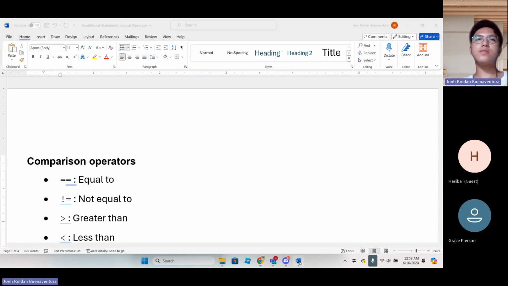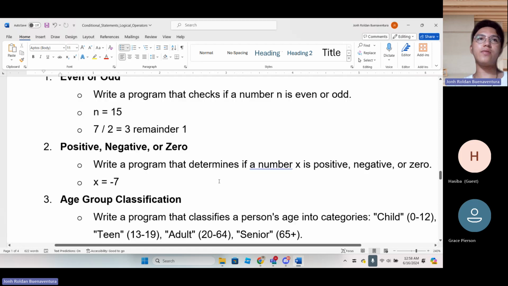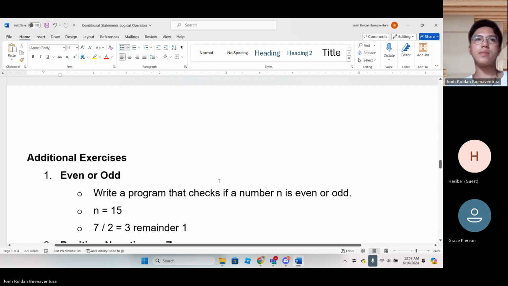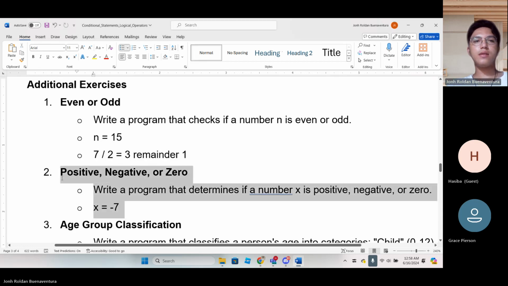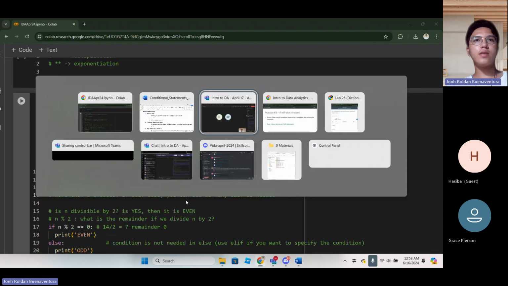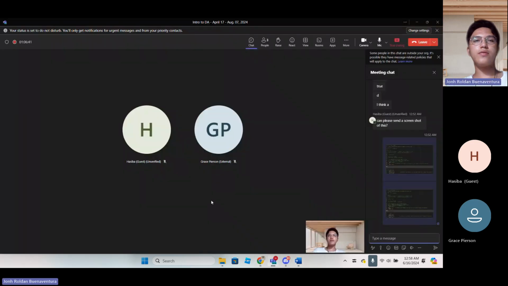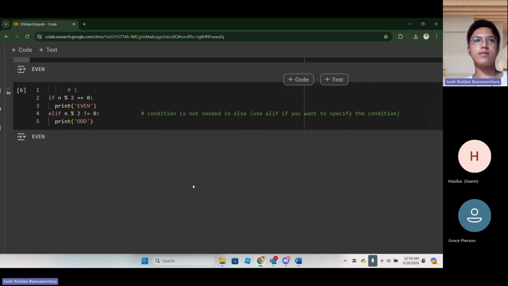Okay, so I think it's the best time to proceed to the next practices. Okay, this one is quite simple. So who wants to volunteer among you two? Who wants to volunteer to answer this question number 2?